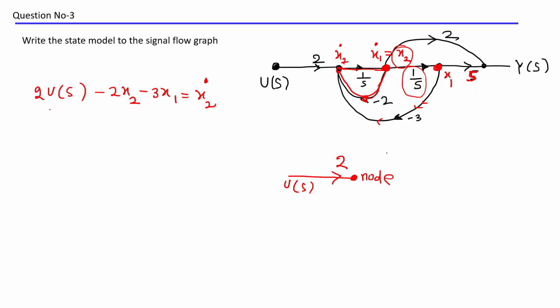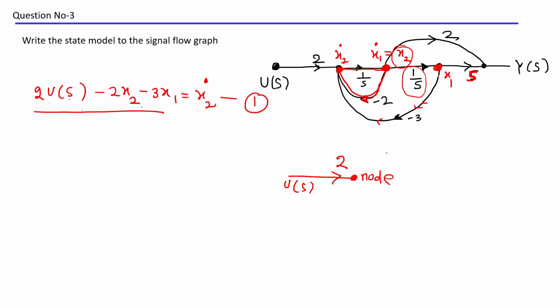So at x2 star, all these three are incoming. So you can write the equation like this: x2 star, this node is nothing but incoming 2u minus 2x2 minus 3x1, and at that point one outgoing node is going, but this coefficient 1 by s, but at which point x2 star. So x2 star you have to write like this. So x2 star is nothing but 2u minus 2x1 minus 2x2 minus 3u. Similarly,